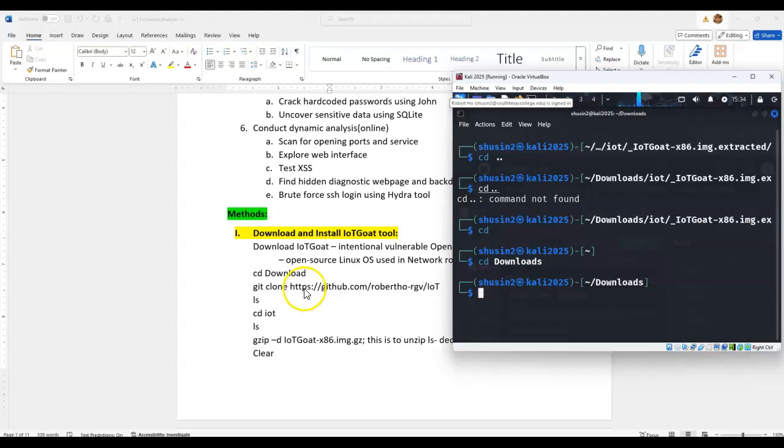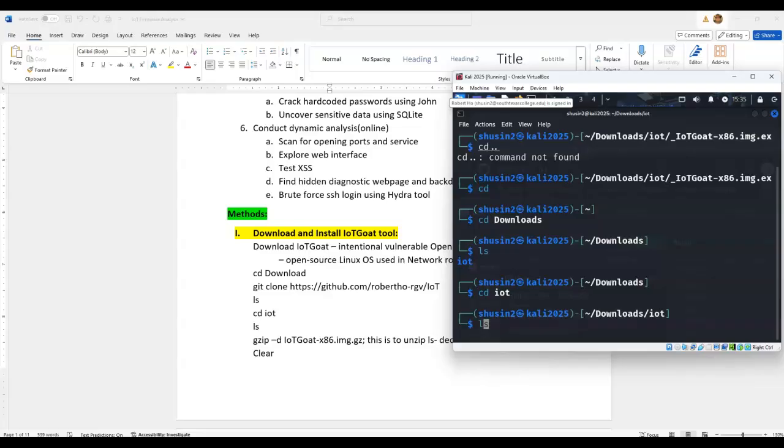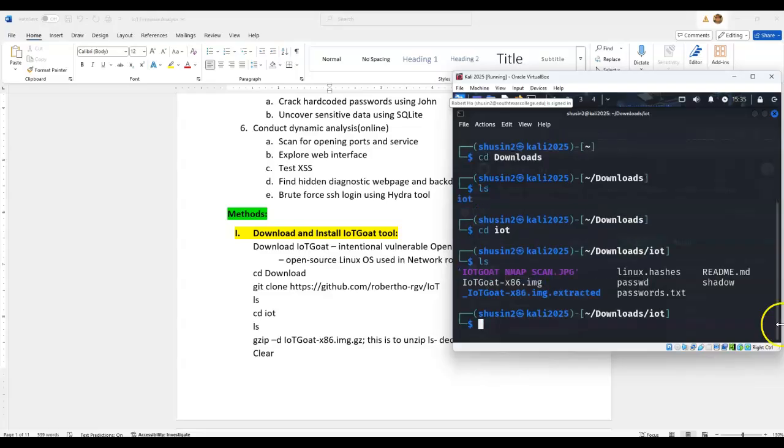Once you download the tools from my repository at GitHub, you will see the IoT directory. If I go into the IoT directory and list it, you will see the zip file.